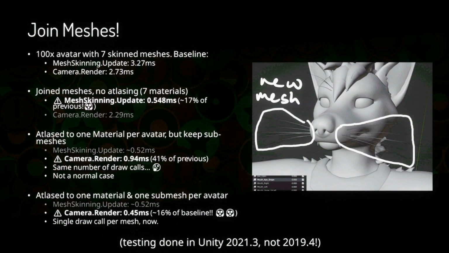So if you join all of those meshes without atlasing, so you have a single mesh but there's 7 materials, all of a sudden you get a ton more time on skinning calls, which we'll talk about later. Hold on, I can't read my own thing here. 17% of the previous value, half a millisecond down from 3.27. So that's pretty good. The next case is where you atlas down to 1 material per avatar, but you keep